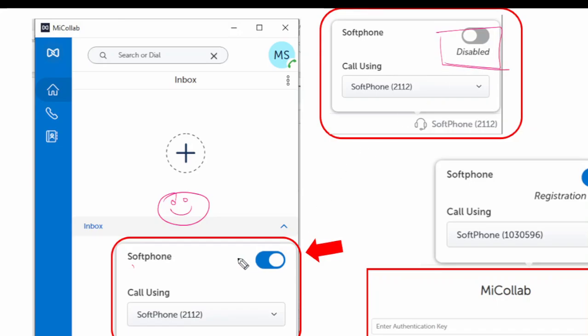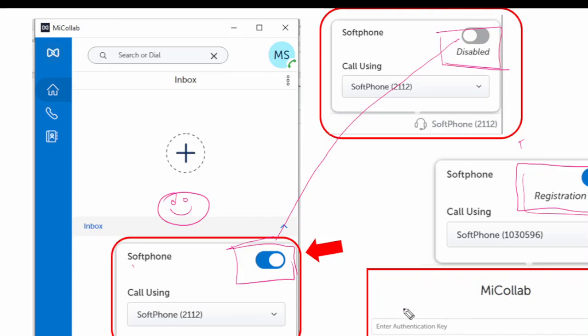We want it to be this. Where it is saying disabled, we want it to be like this, not grayed out, but like this. Or sometimes it might say registration failed. When it says registration failed, the soft phone will not work,